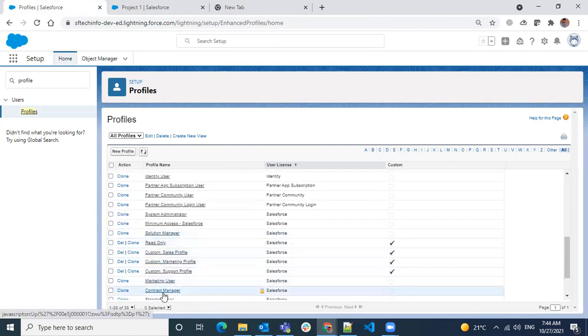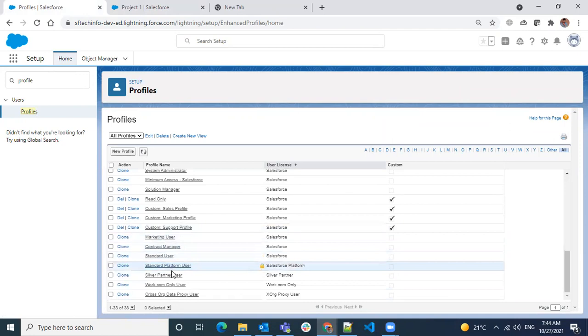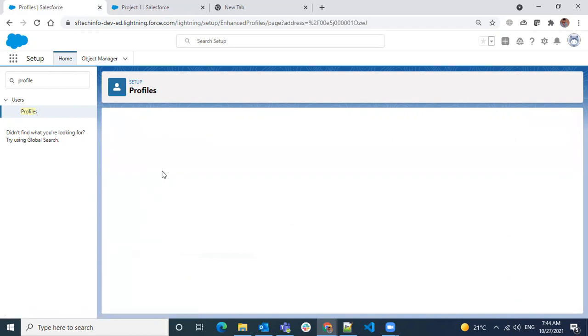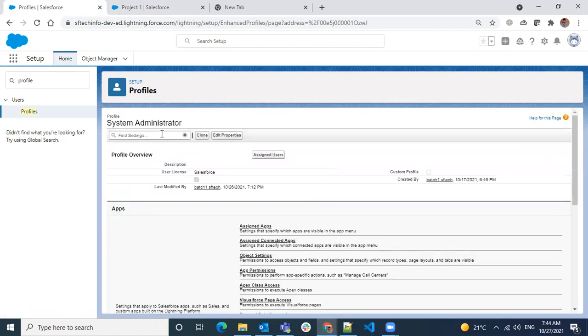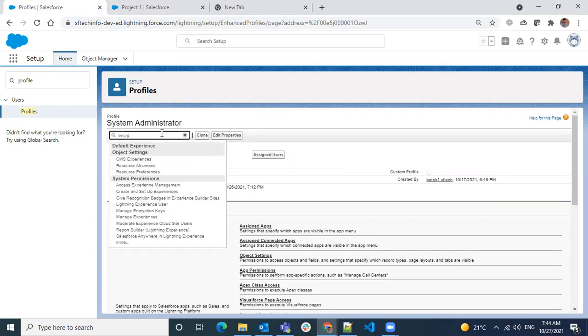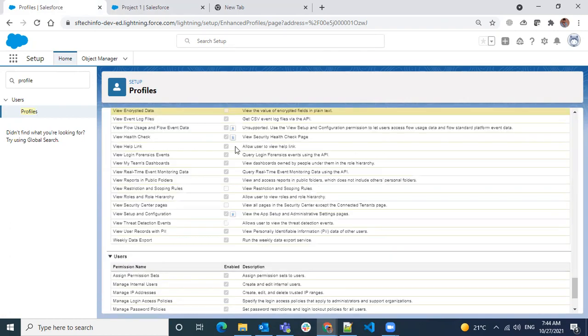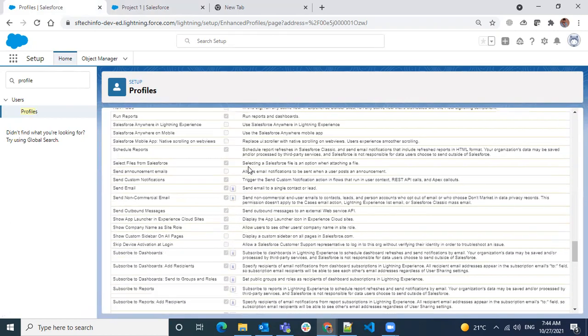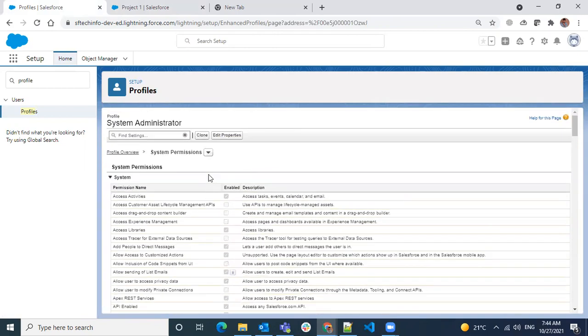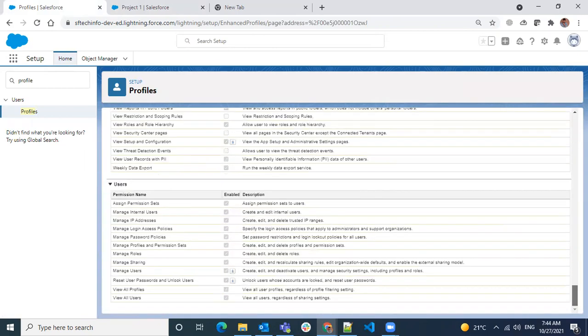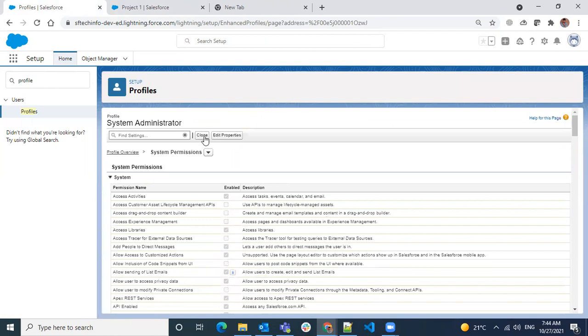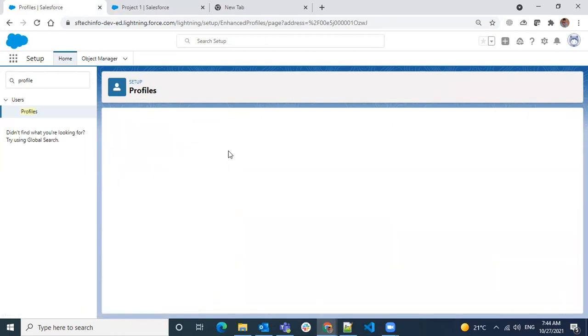Here we have manage encryption keys and view encrypted data. These are standard profiles, so we cannot edit them. I'm just cloning it.